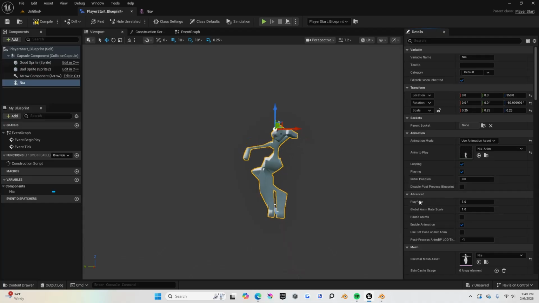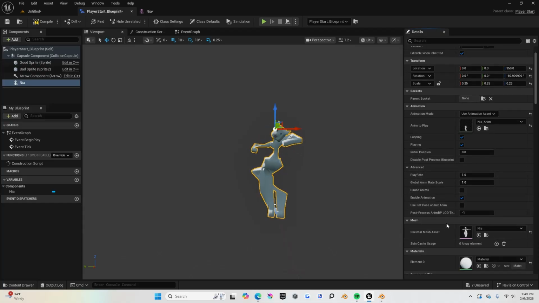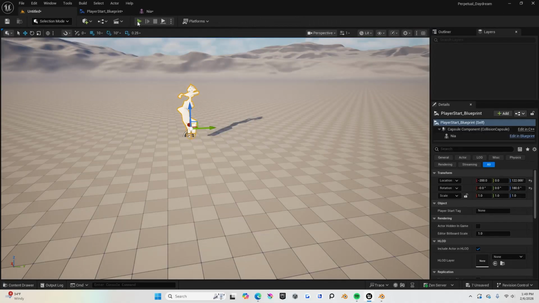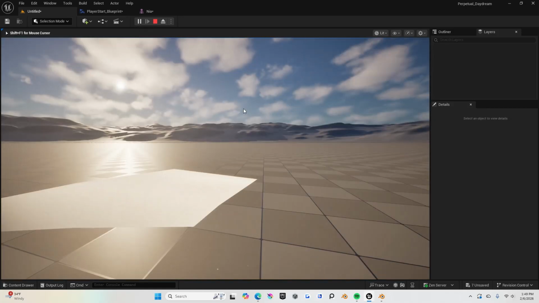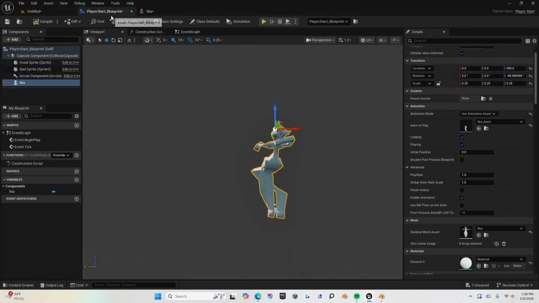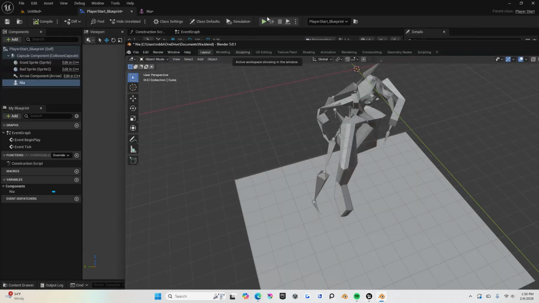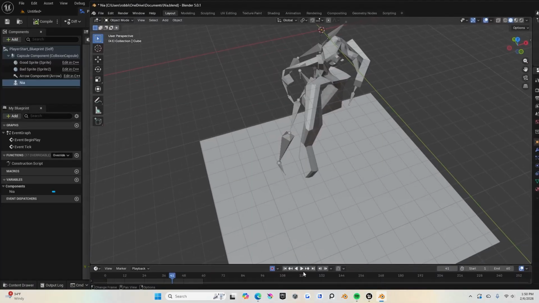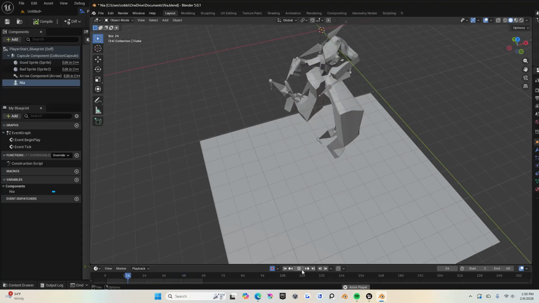FBX Skeletal Mesh Pipeline. Setting up, exporting, and importing skeletal meshes using the FBX content pipeline. Skeletal Mesh supports the FBX import pipeline, providing a streamlined workflow for getting